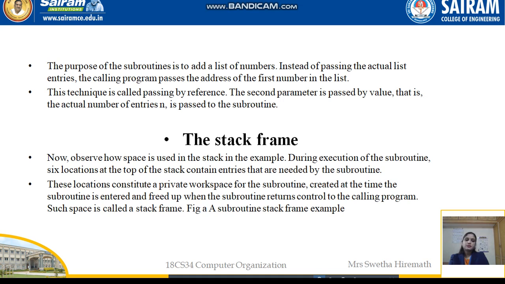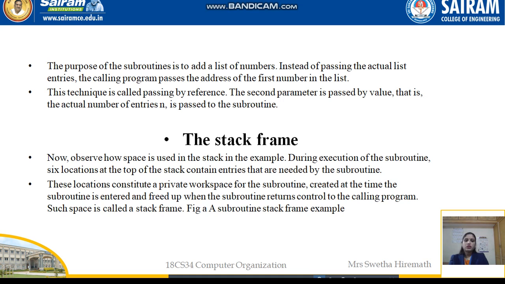The first method is passing by value, where we pass the values either with the help of the registers or with the help of the memory locations, directly. Passing by reference is where we just send the address of the first value in the list, and automatically the other values can be fetched. The second parameter is passed by value, that is the actual number of entries is passed to the subroutine. So this was about the parameter passing techniques.